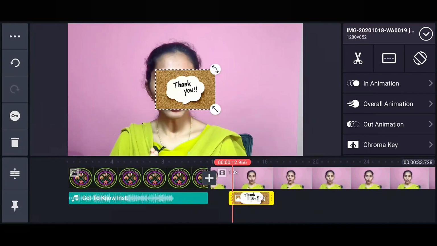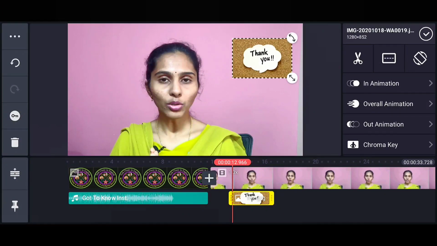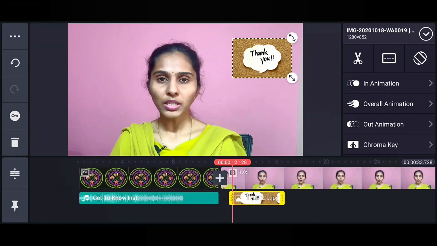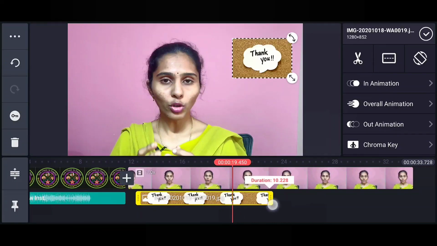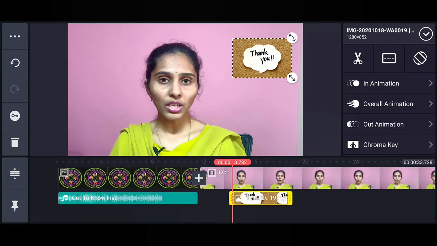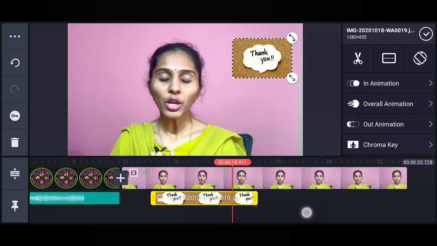I'm making it a little bit smaller in size and I'm keeping it on one corner. Like this you can add any layers. And if you observe here in the timeline portion, you can see this image is added as a layer here. See here, you can extend this one by dragging or you can minimize even like this. How much length you want, you can adjust like this by dragging.